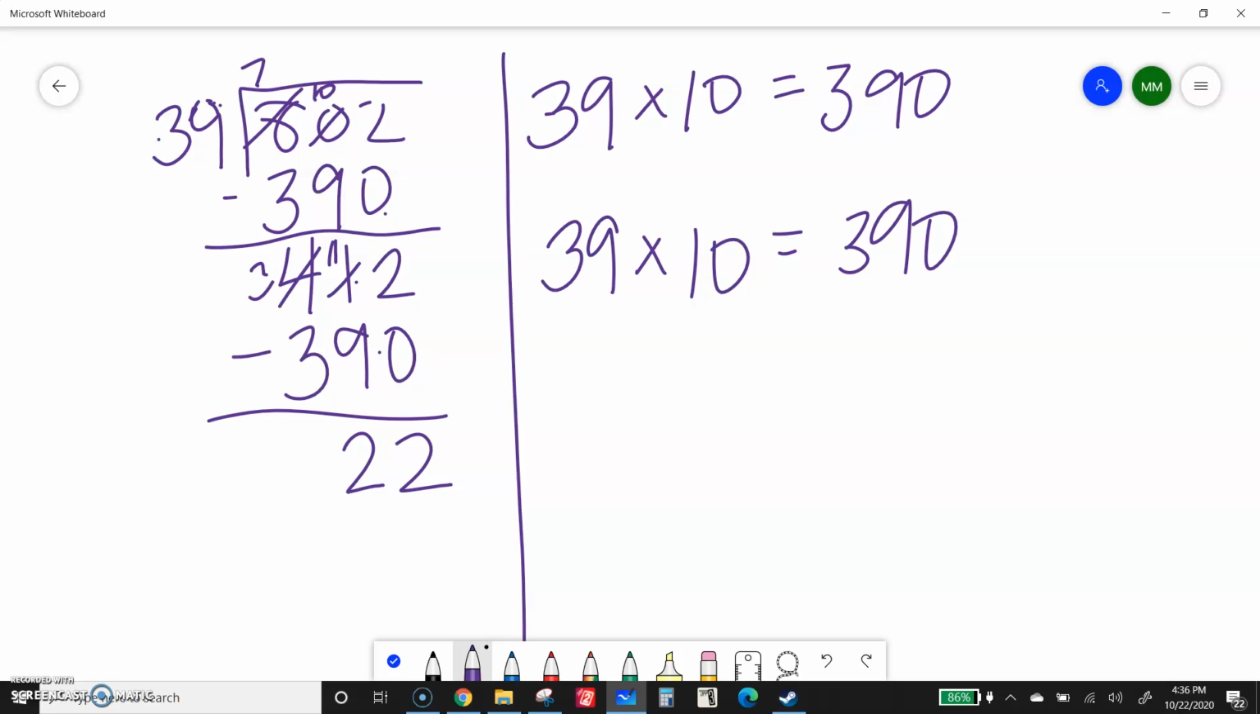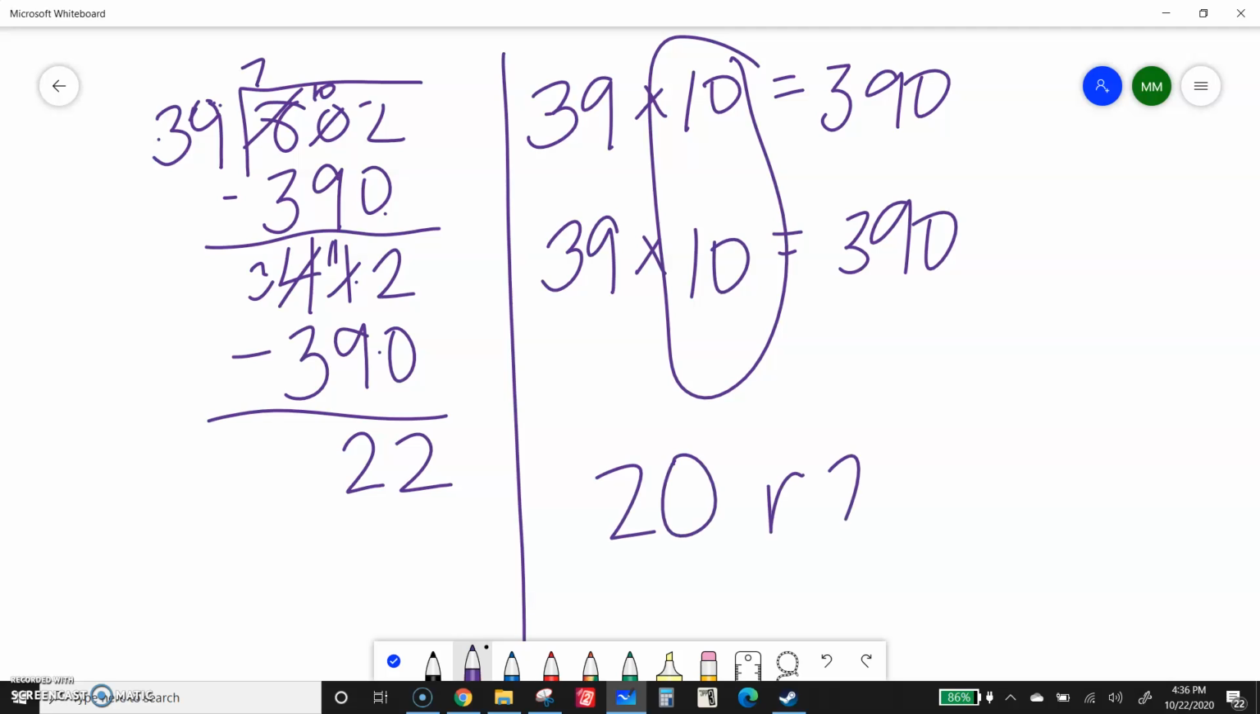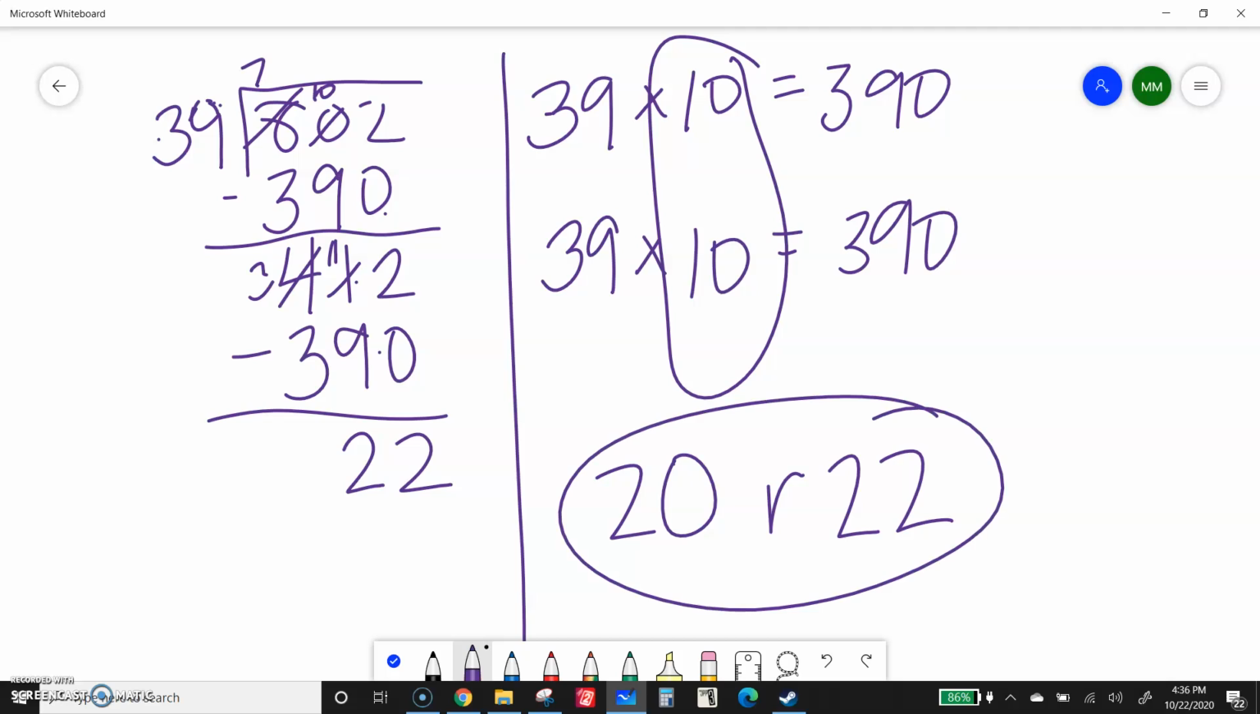So boom, look. 20 groups, remainder 22. And yes, the remainder is kind of big, but as long as it's less than my divisor, then we are good. If you want me to do more examples, I am more than happy to do more examples with you,